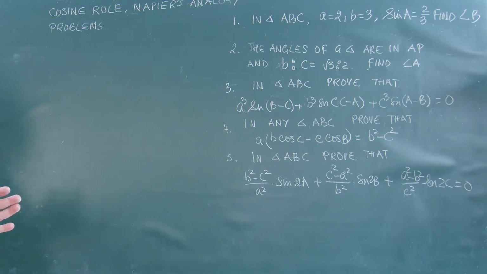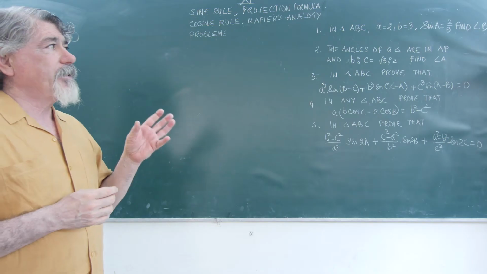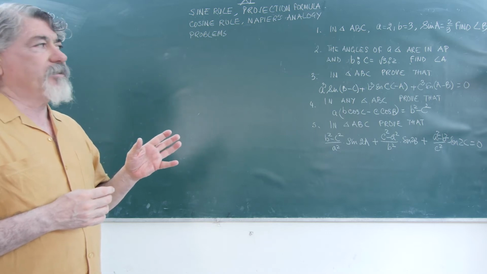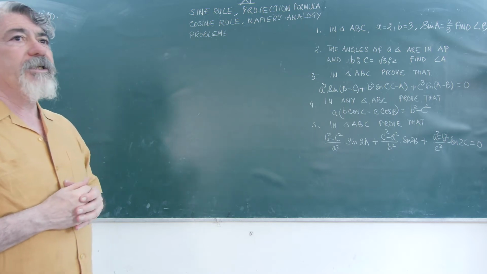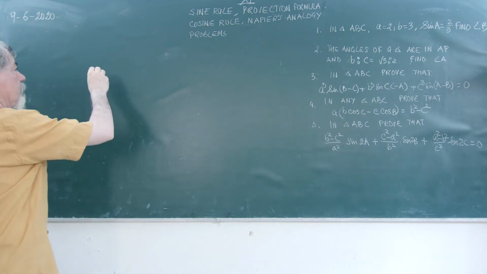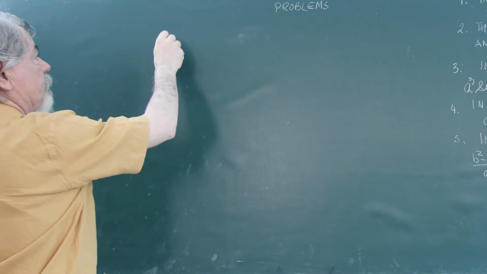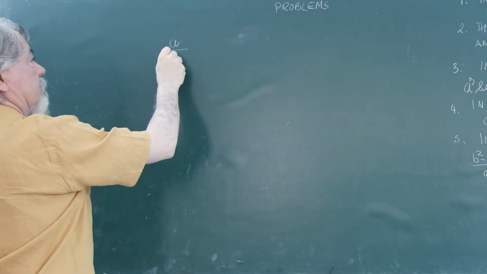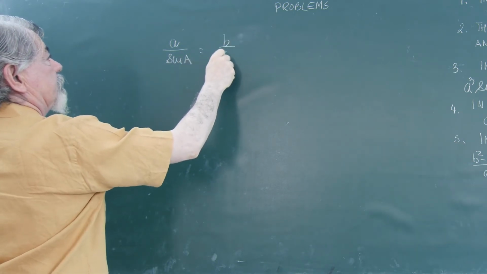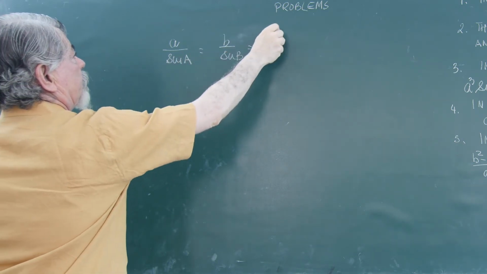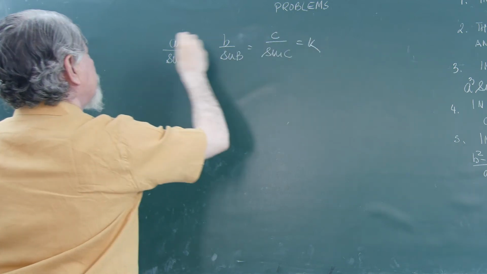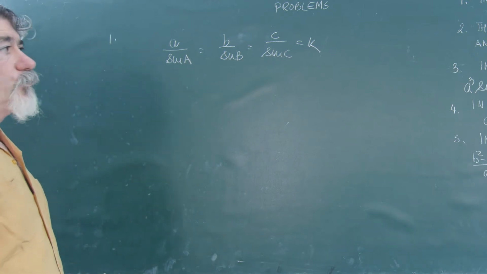Now here again I can see clearly the sides a and b are given, sin A is given, and we want to find angle B. So we will look into the sine formula. What is the sine formula? a upon sin A is equal to b upon sin B is equal to c upon sin C is equal to k. We can reverse it also, write it depending upon what we want.